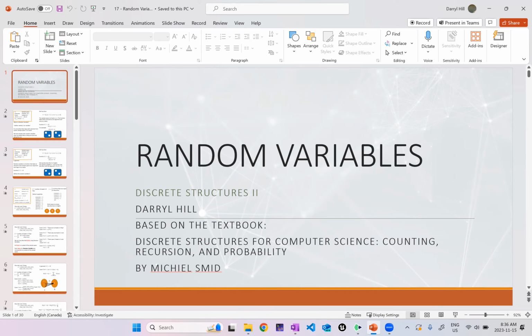But random variables lead directly into things like expected value, which is very, very interesting. And then indicator random variables, which are also very interesting. They're interesting because they can solve a lot of problems for us, and they're also, in some sense, kind of easy, right? So there are tricks and proofs that we can use to make determining the expected value of some experiment a very easy thing to compute. Okay, so, but to start with,